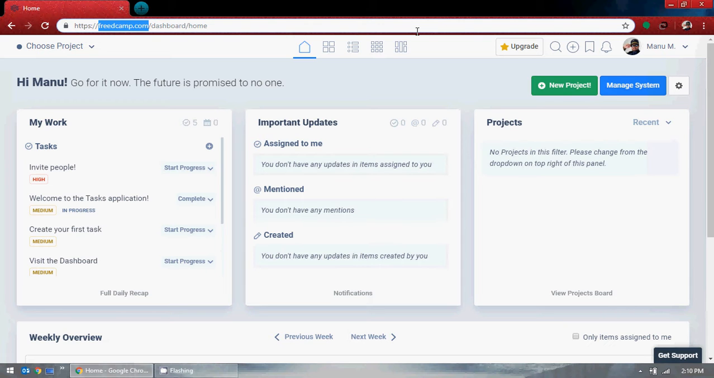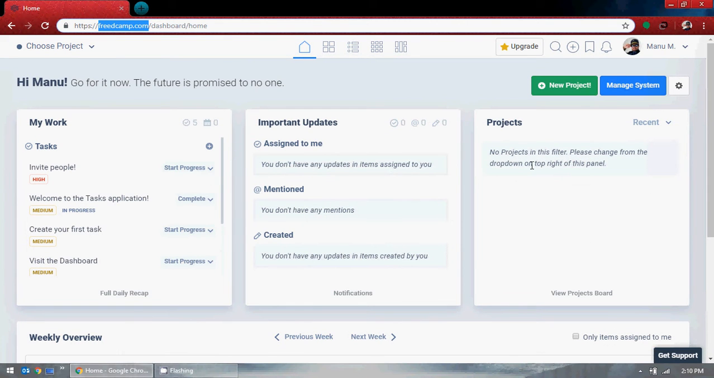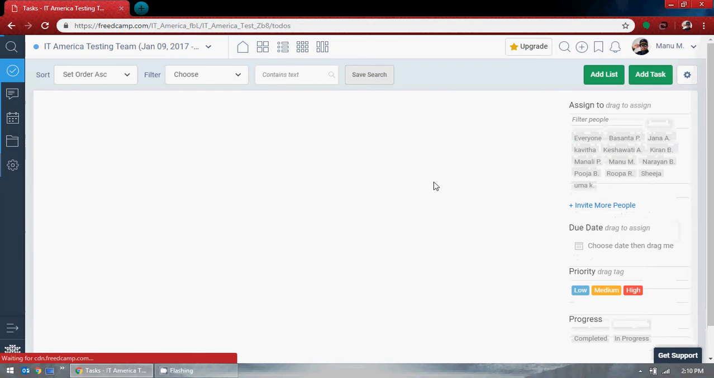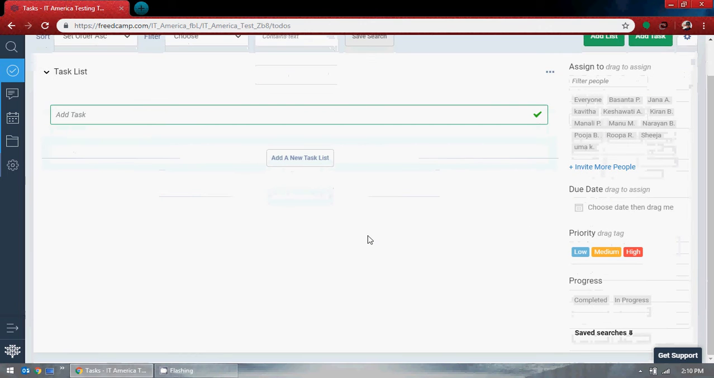This main class, this first class will be the introduction for Free Camp. So I'll show you the step-by-step process. Actually, they got a new interface I think in 2016. I used to create a lot of things, and I used to assign a lot of tasks. Looks like I don't have tasks, but a lot of people,